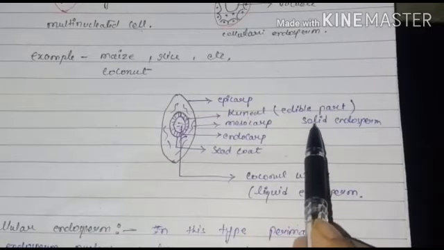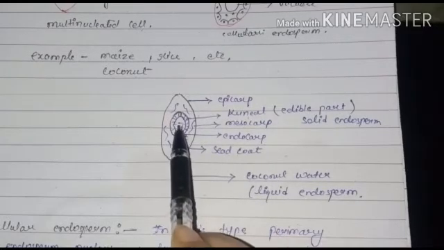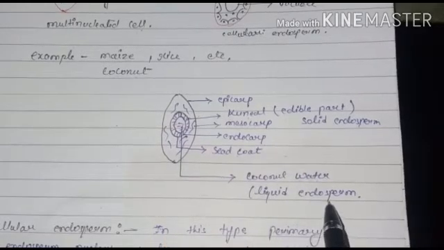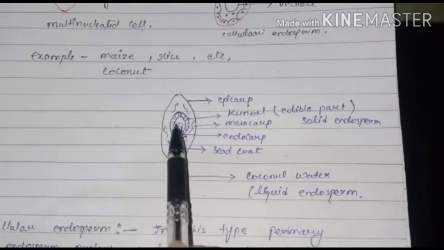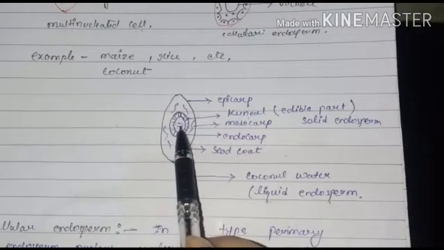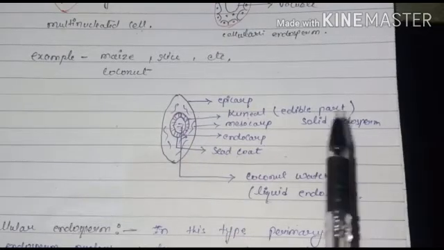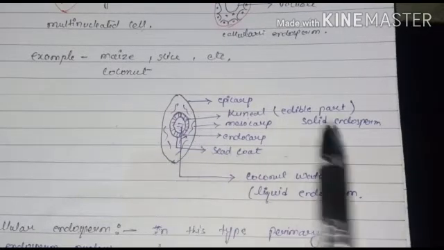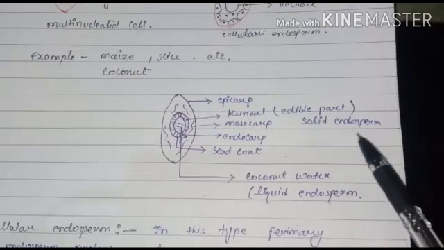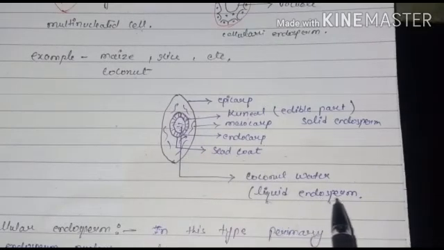It is also the endosperm. Which one? The solid endosperm. Inside that, water is filled. What is that? Coconut water, that is the liquid endosperm. So in coconut we can see free nuclei in the liquid endosperm, and these free nuclei go towards the peripheral side and form a wall, which is the solid endosperm. So you can give coconut as the example where you can see two types of endosperm: the solid one, the edible white part we can eat, which is the solid endosperm, and the water present inside the coconut, which is the liquid endosperm.